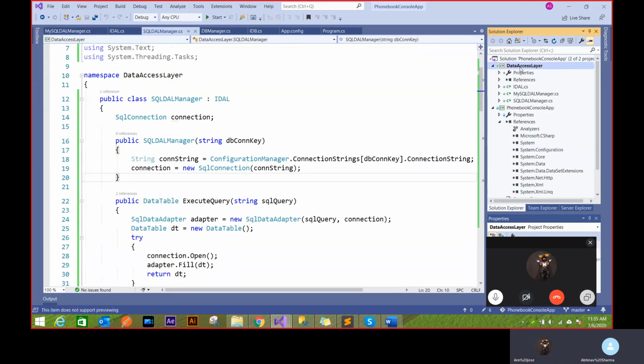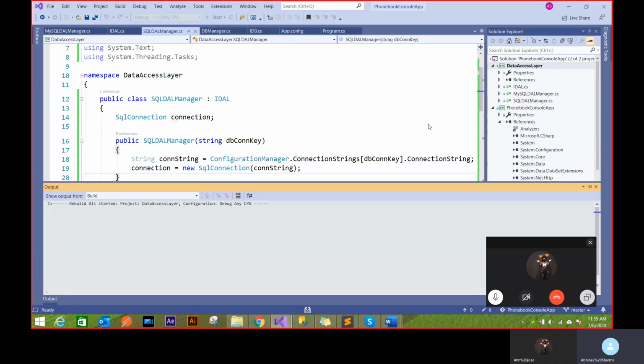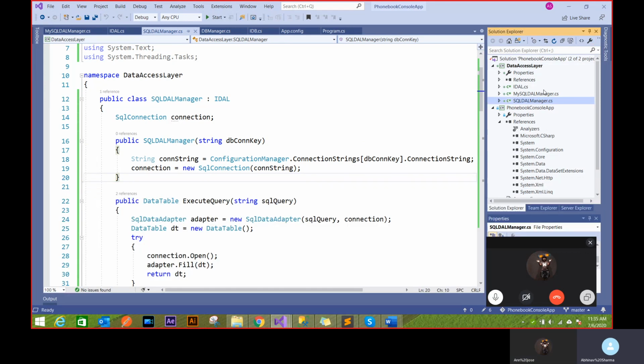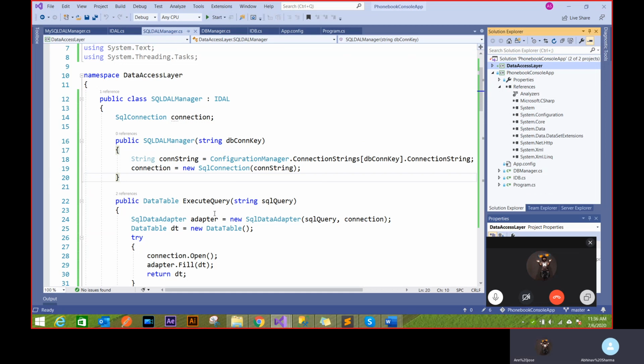So if I just rebuild this, it won't break anything. It won't break if your code is compiling well. It won't tell you any logical errors because this is not running. There's no public static void main here. If you can see, it is just a collection of classes, nothing else. It's a kind of box which I'm going to play around with, and I'm not actually executing it. Right now it's nothing. It's going to work perfectly. If there's no compilation error, it's just going to compile and give that thing back to me. So now we have a DAL access layer ready.